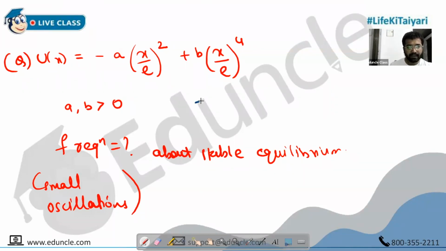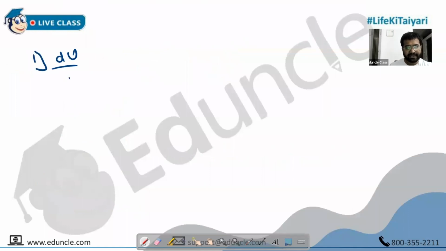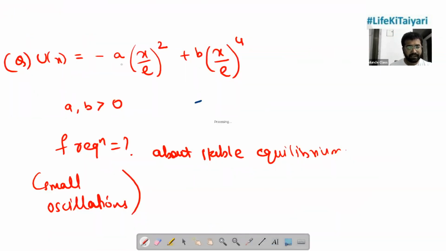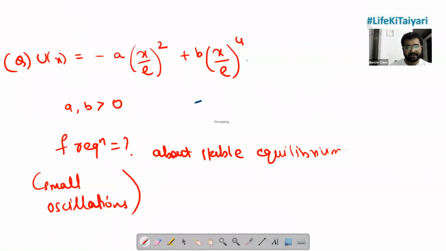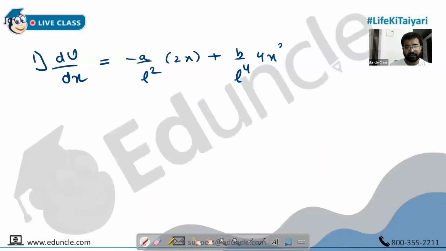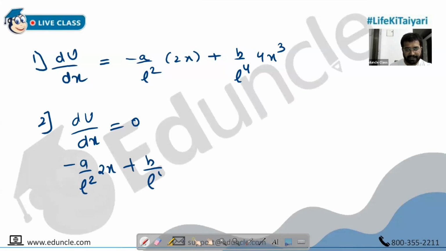So first step, we find the first derivative. This will be minus A L square I can take outside. Derivative of x square, that will be 2x, plus B, I can take L raised to 4 outside. Derivative of x raised to 4, that's 4x cube. Second step, we have to equate this with 0. So we have minus A upon L square 2x plus B upon L raised to 4, 4x cube. This we will equate with 0. So we have B upon L raised to 4, 4x cube is equal to